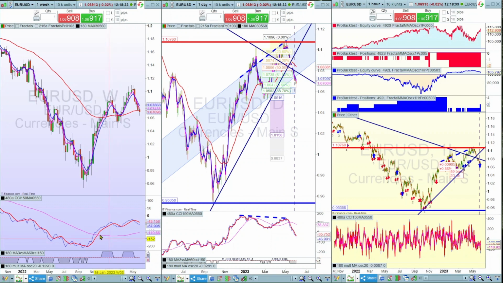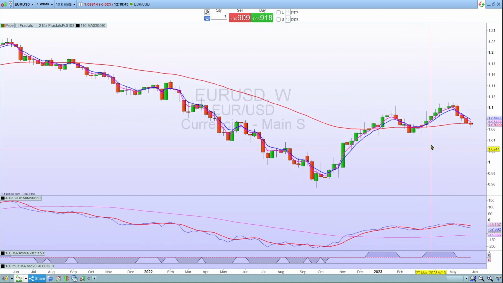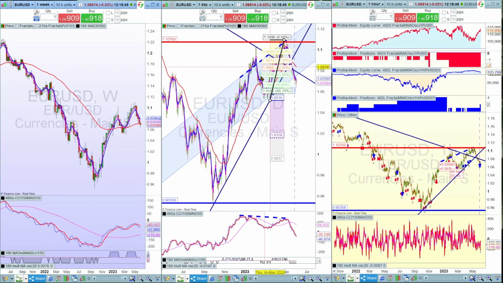This is the Euro-US currency update. On our weekly chart, you can see it was in an uptrend and it's broken into a neutral positioning, so we're seeing a bit of a decline at the moment and we may see further declines in the coming days, but the weekly is currently showing a neutral positioning based on our CCI and moving averages on the price